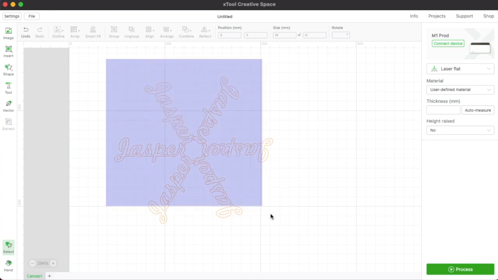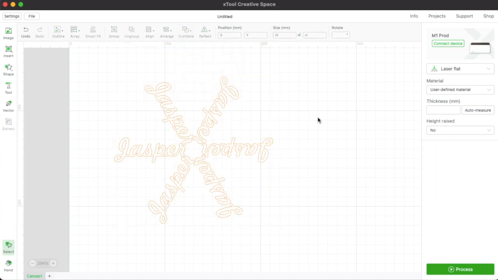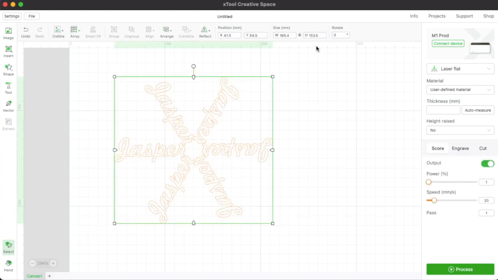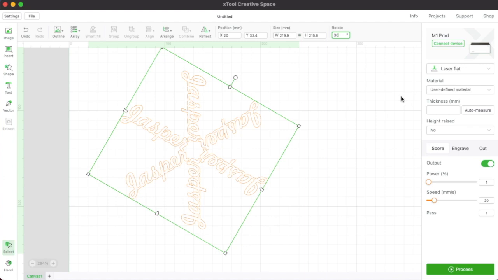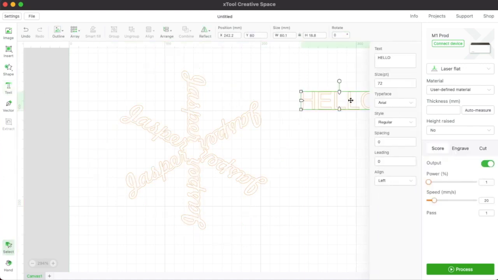Again, I'm going to select the whole object and I'm going to link it all together so it's all one object now. I'm going to click on the object and I'm going to rotate it 30 degrees. The reason why I'm rotating it 30 degrees is that for a 6-pointed star on 360, it's 60 degrees per point, and